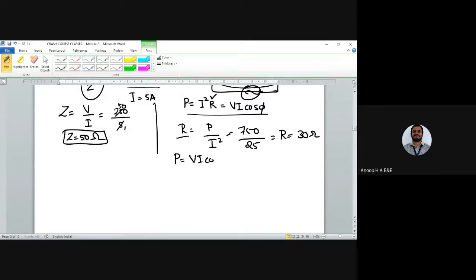After finding out the resistive element, you can also find out P would be equal to V into I cos phi. All right. So you can verify the answer right now itself, whether you are getting R is equal to 30, whether it is the right one or the wrong answer there. Correct. So let me use P is equal to V into I cos phi, 750 divided by 250 into 5, and that would be the value of the power factor. What is it?